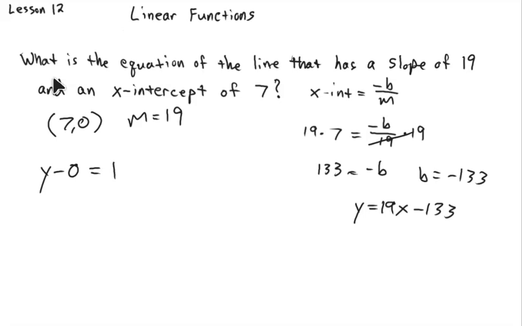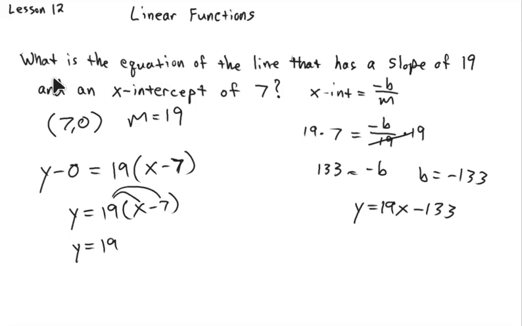Y minus 0 is equal to 19 times x minus 7. So just by putting the x-intercept in for x minus 7, well, y minus 0 is just y. So we have y is equal to 19 times x minus 7. 19 times x, 19 times negative 7. Y is equal to 19x minus 133. And so either way, we wind up with the slope-intercept